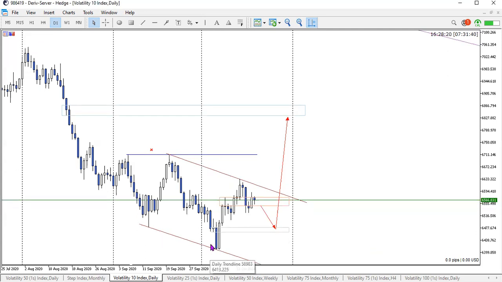That can also go a bit deeper into this area, or it can even go back for another touch at the bottom of the zone. So if I do see good enough confirmations in here, then I will be looking to take a sell, and I'll be targeting basically this little zone that I've got in here, this gray zone that I've got highlighted.